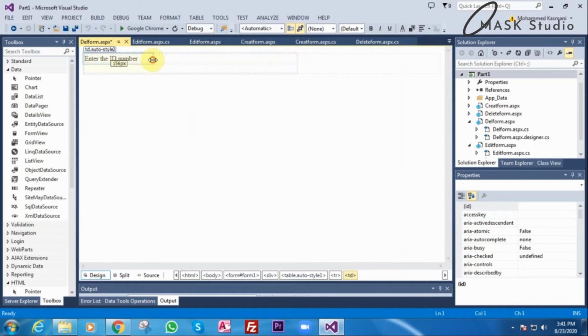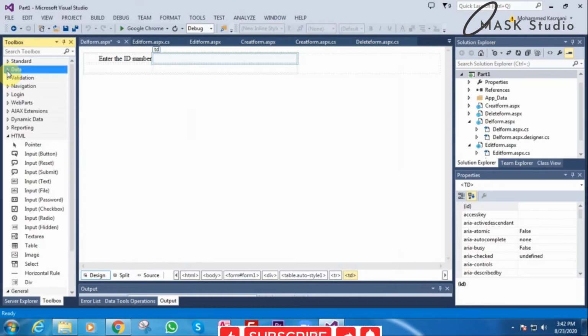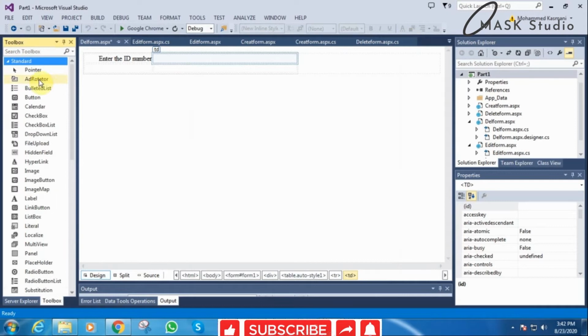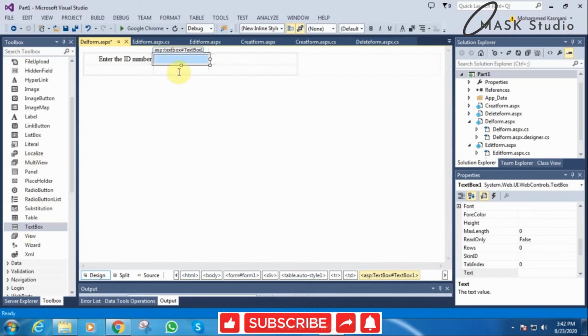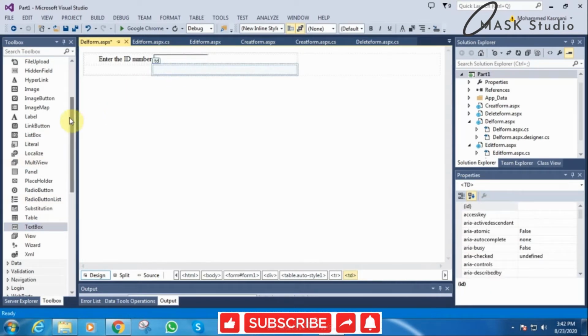I'll make the alignment right, and I will add a text box. To the left hand side you can see the toolbox. I will go to standard and go down, and I will see the text box. I will drag it. Now I will give 1 button here.